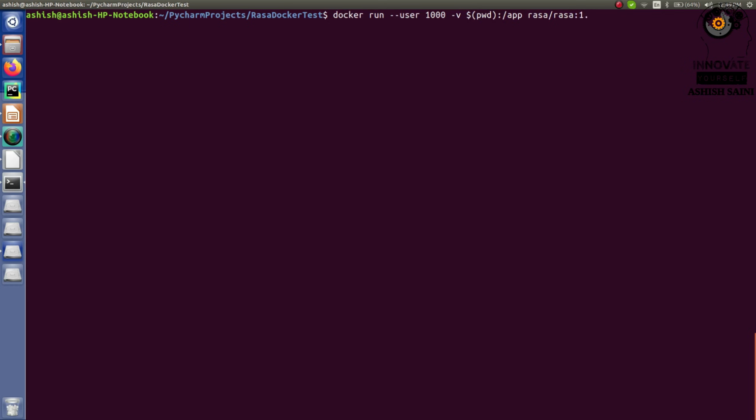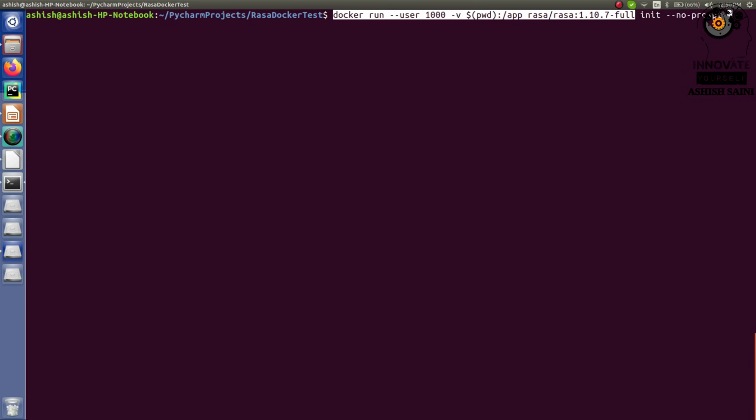So I am going to use 1.10.7-full, so that it will pick up all the dependencies and everything, and also this is the stable version, so that's why we are going to use it. But if you want to use the latest version, instead of writing full, just replace it with latest. It will pick the latest version, and accordingly you can start working on your Rasa project. Up to this point I am done with the very basic thing, and after that I have to write init, and then --no-prompt.